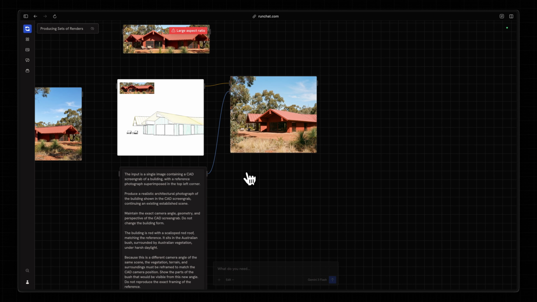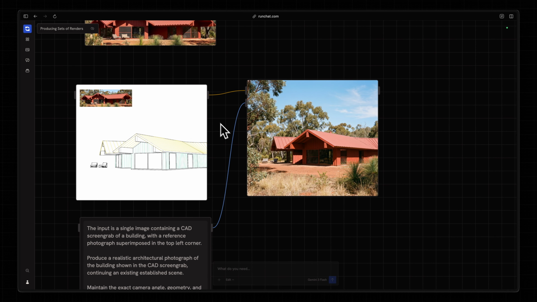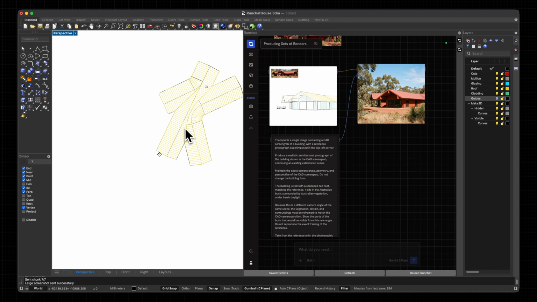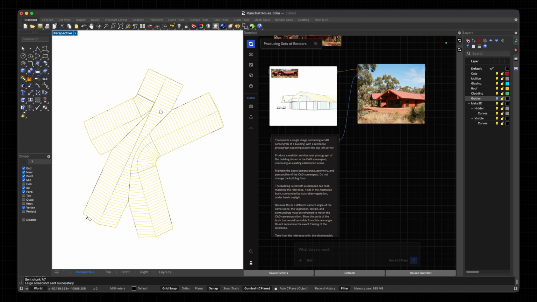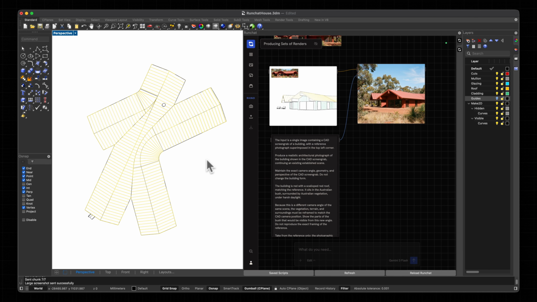Okay, and now I'd like to increase the difficulty of this and try and take an image of the roof of this building and show it from the top down. Obviously, it would be great to have a lot more site information, but we're just going to try and see how it does injecting its own site information. And we could always just use the image editor to make some adjustments to sketch over it and tell it what we want. But let's just see if we can get it to show a sculpture roof, a top view